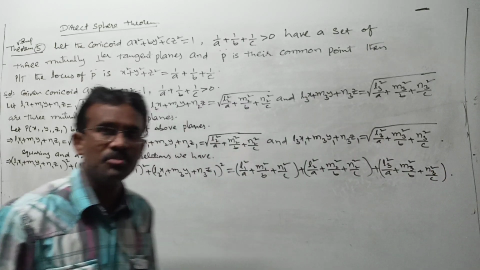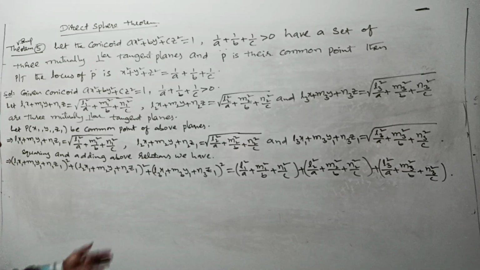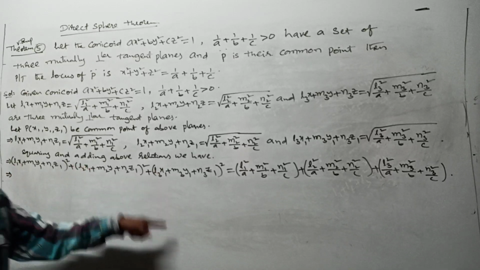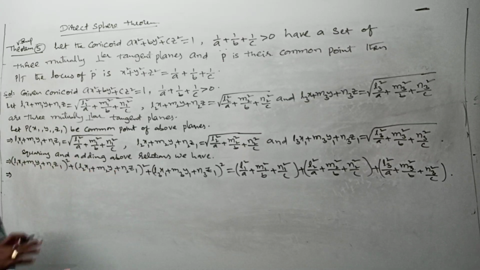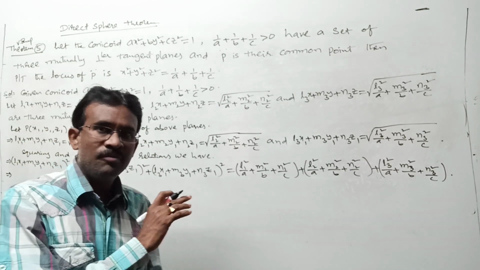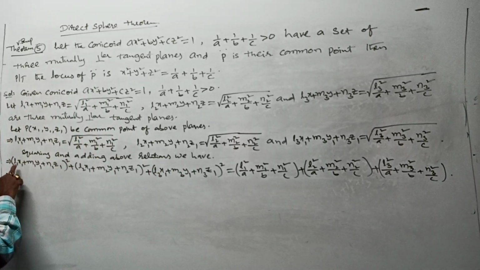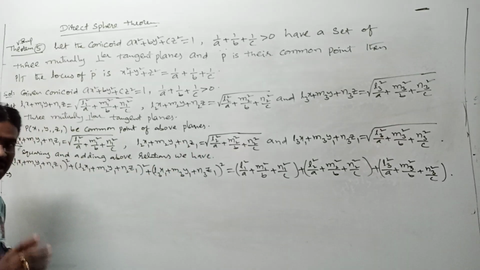Any problem is there? We are just squaring and adding the above relations. After that, let us go through simplification. Here under simplification, I want to write the x1 square coefficient, then the y1 square and z1 square coefficients separately, and the x1 y1, y1 z1, z1 x1 coefficients separately. But before that you must go through (a plus b plus c) whole square. I am not doing that expansion, directly I am writing.